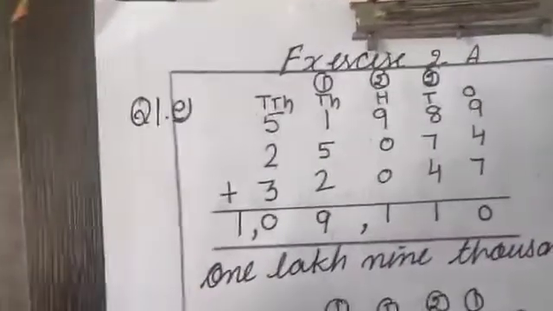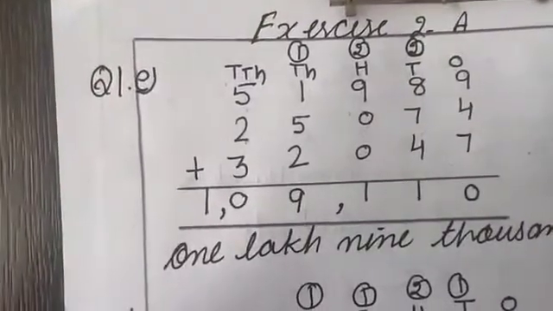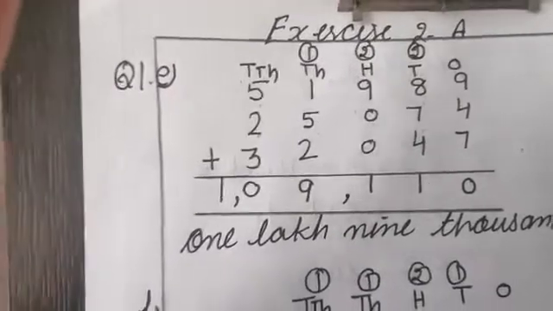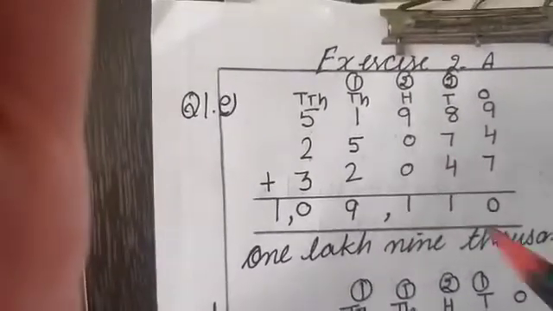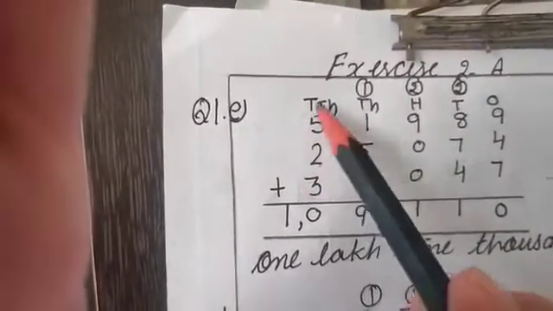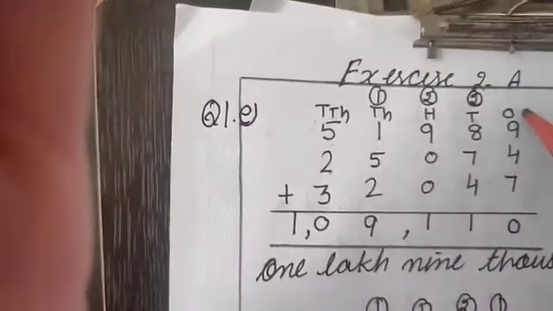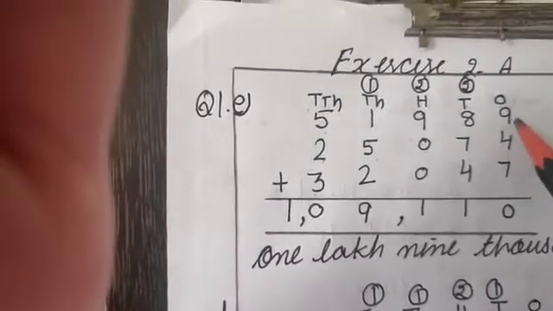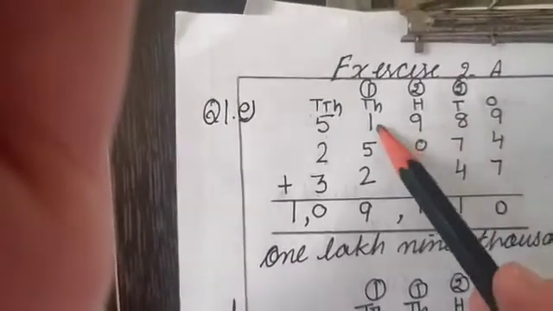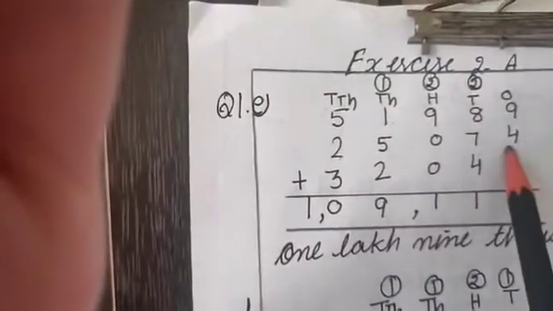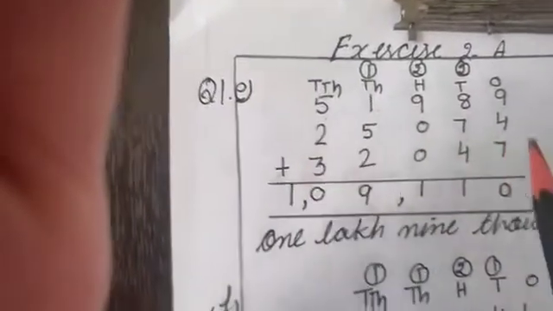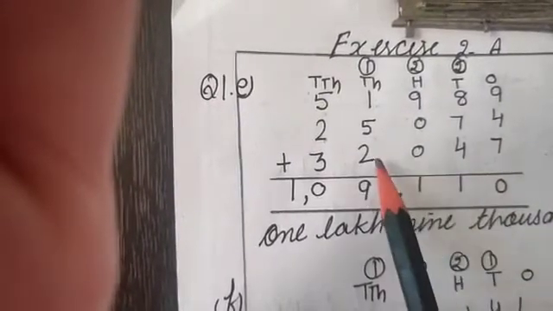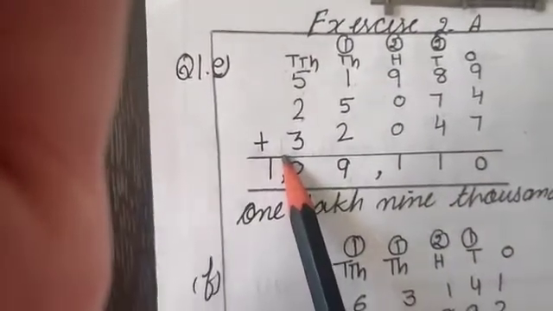So what was my first step? Firstly, I have marked the places. Then I started writing the digits. Normally what you should do is, instead of writing firstly from the thousand place, you should write from the ones place. Start writing from the right side. So firstly you should write 9, 8, 9, 1, then 5. 4, 7, 0, 5, 2. Then start writing from here, ones place 7, tens place, then 100, then 1000, then the biggest place.